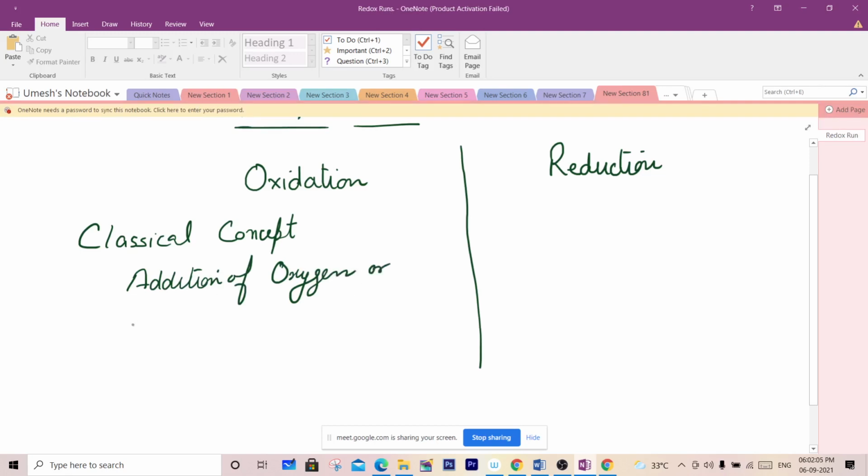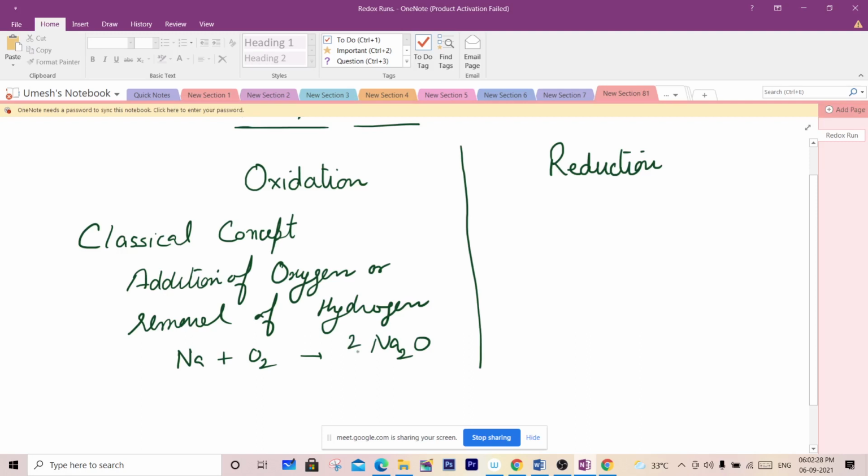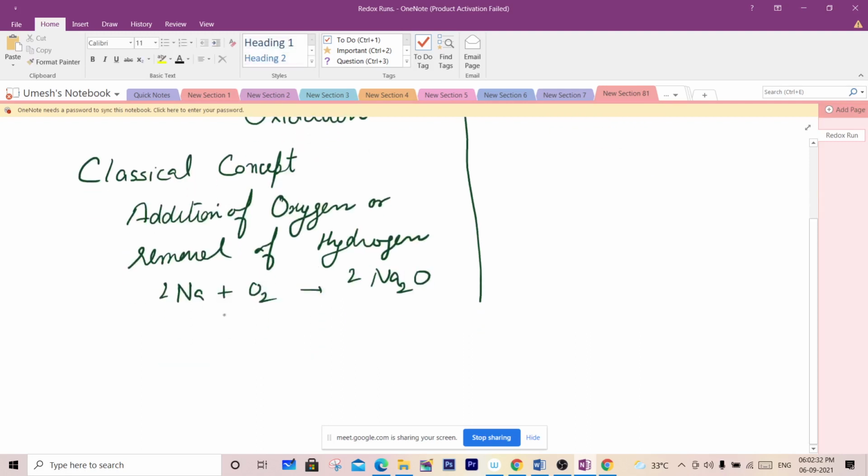addition of oxygen or removal of hydrogen, right? For example, if I say I'm adding oxygen to sodium, it is giving Na2O. This is an oxidation process, right? Or if I say magnesium plus oxygen to give you MgO. So this is the addition of oxygen to the magnesium, right? This is a process of oxidation,